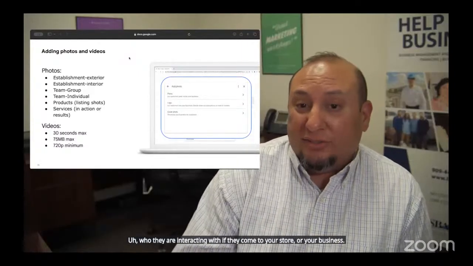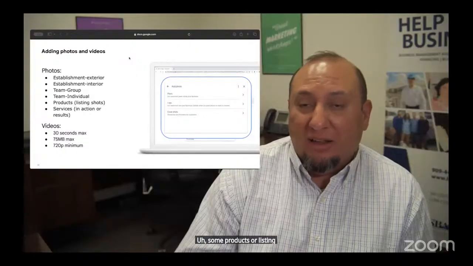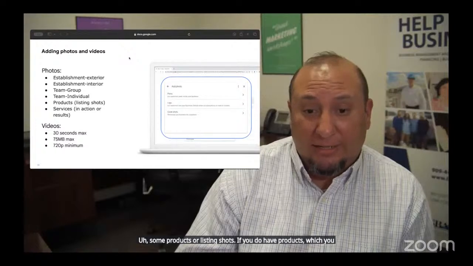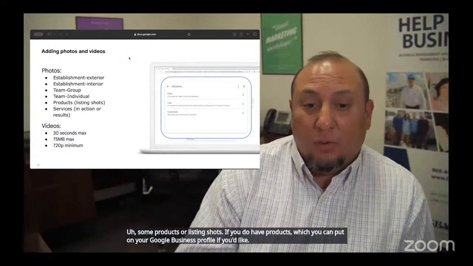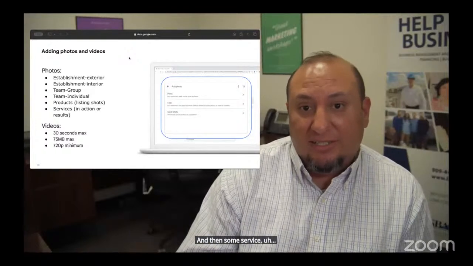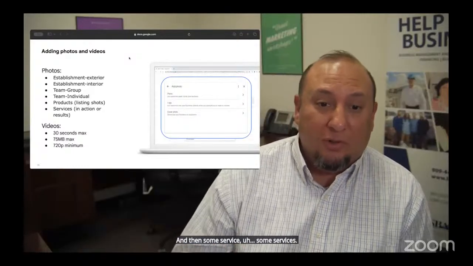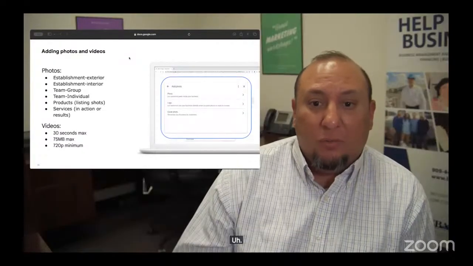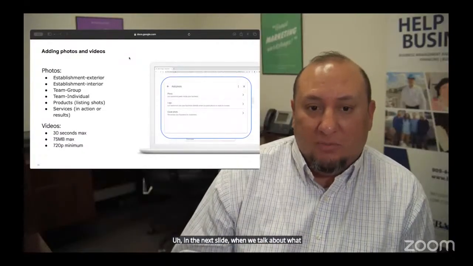Some products or listing shots if you do have products, which you can put on your Google Business profile if you'd like. And then some services either in action or the results. And we'll kind of take a look at that a little bit in the next slide when we talk about what some tips are.